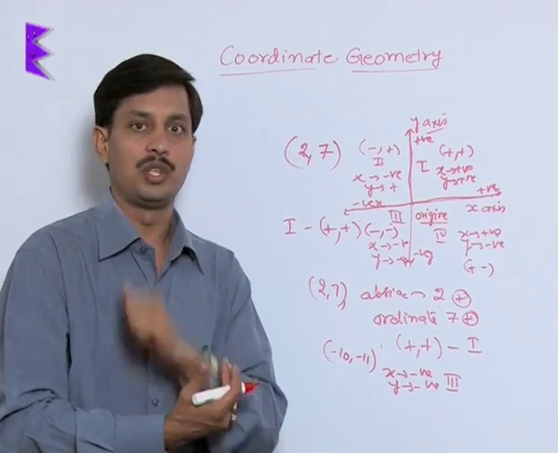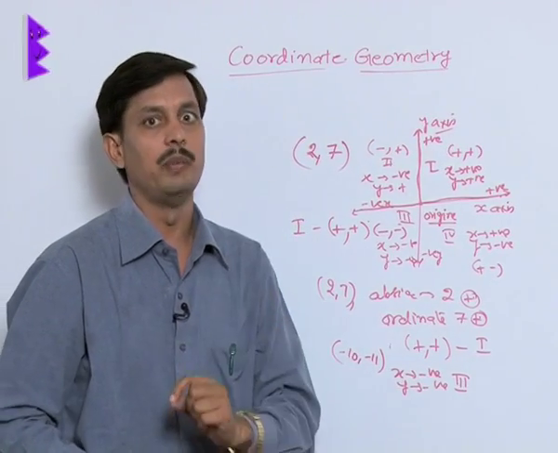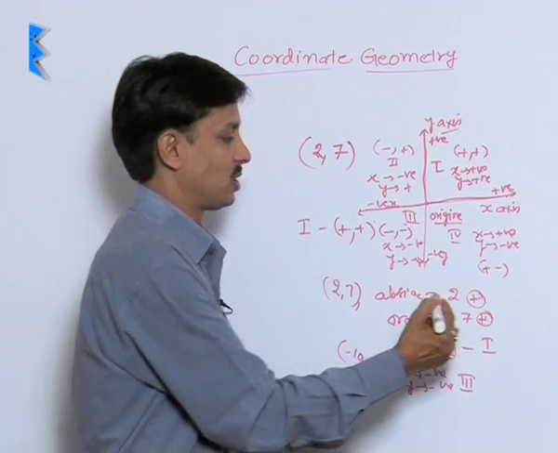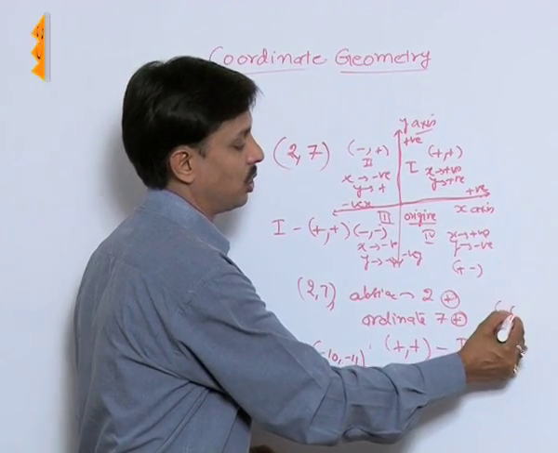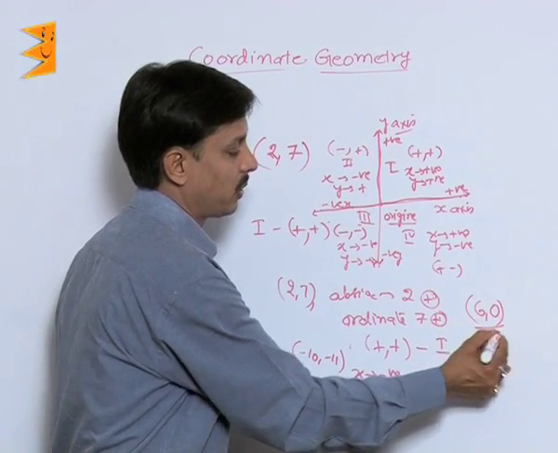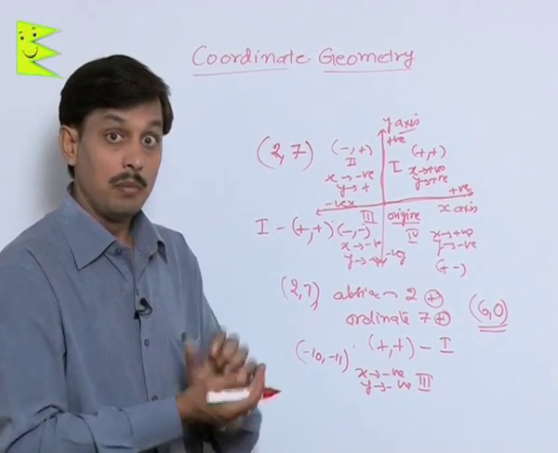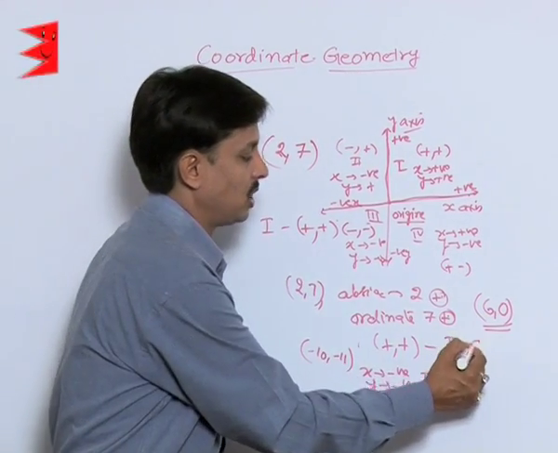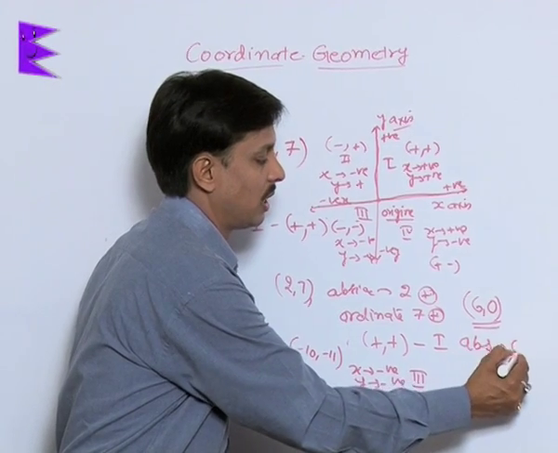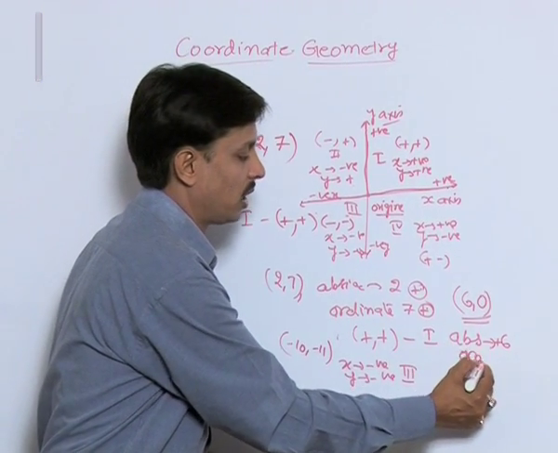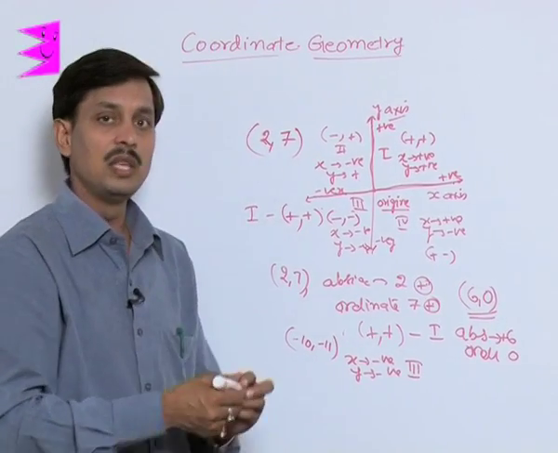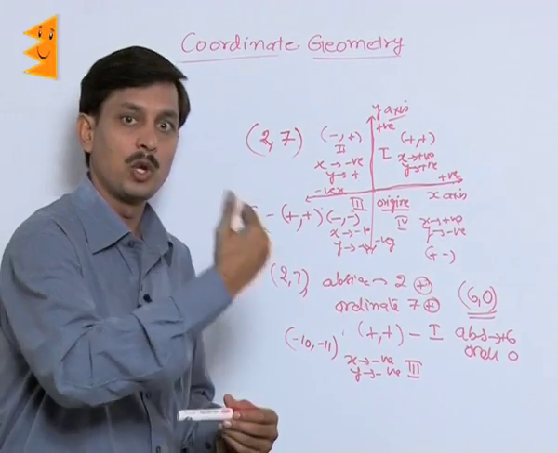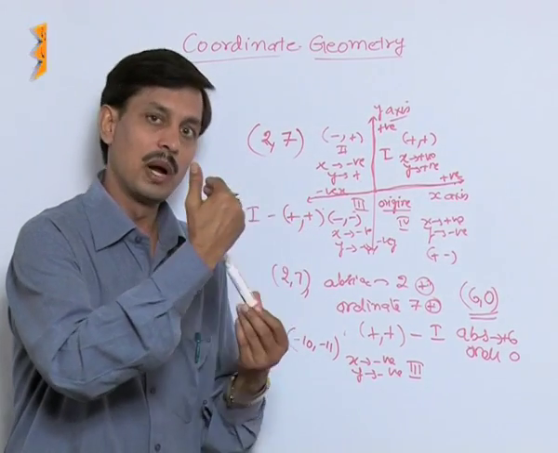Suppose I ask you a question where you will not be able to tell me in which quadrant the point lies. What is that question? Suppose I say (6, 0), in which quadrant does this coordinate lie? In order to locate (6, 0), the abscissa is positive 6. The ordinate is 0. It means that we have moved 6 steps in the positive direction of the x-axis. But after that,